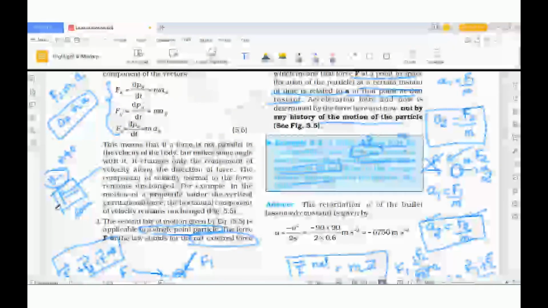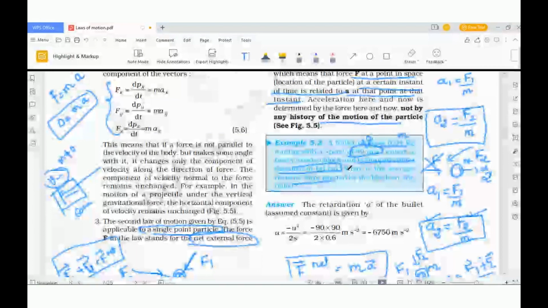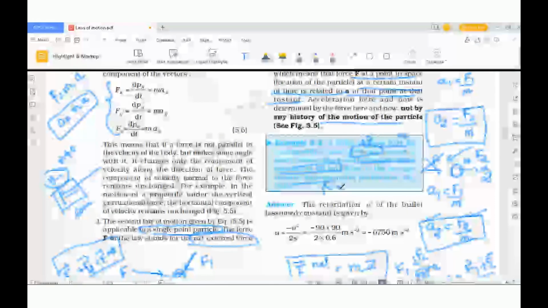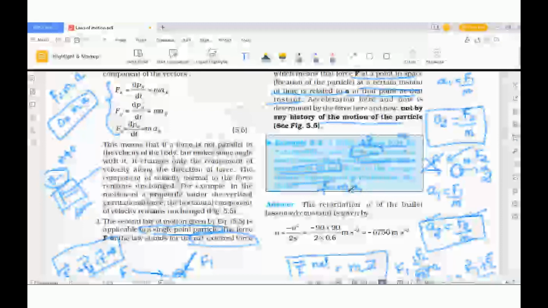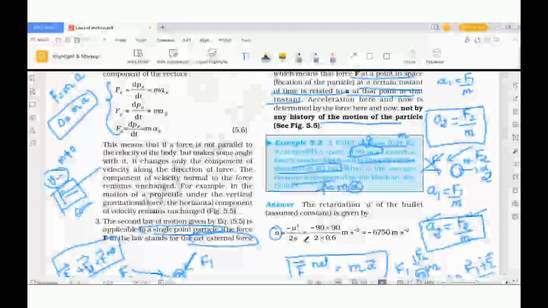So in that way, if I want to calculate some force, what should I do? If I want force, I should know the mass and acceleration. Do you agree? Yes, ma'am. So mass is given, but acceleration is not directly given. We need to find out the acceleration. So how can we do it?